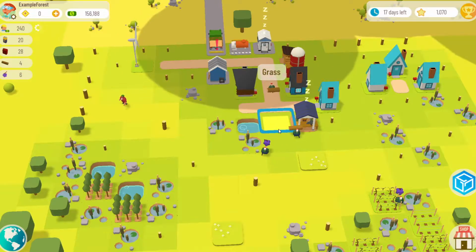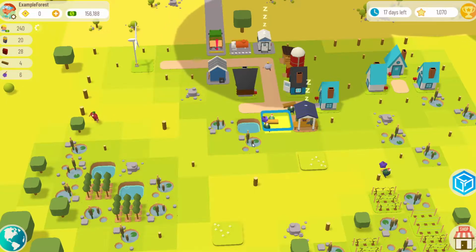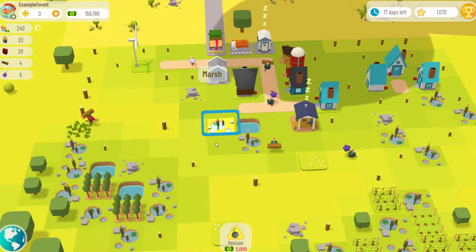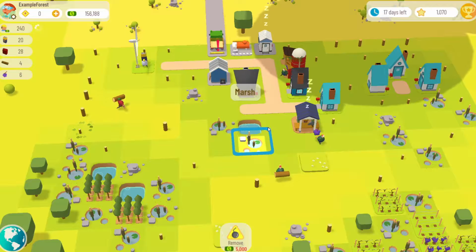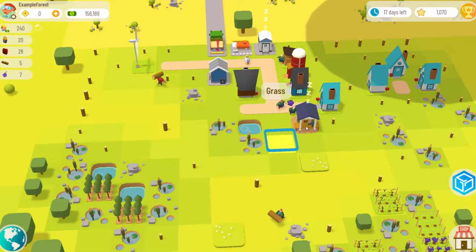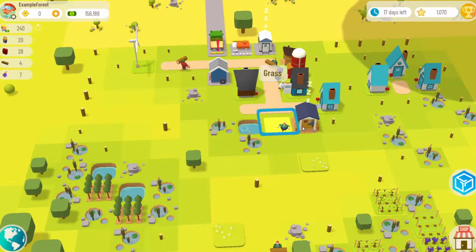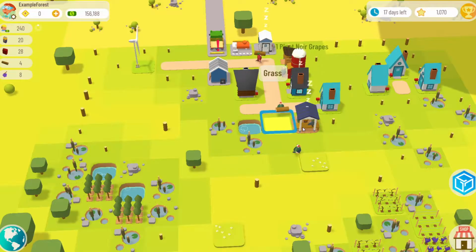So we're going to have 2 water pumps associated with the refinery for making gasoline. Then we'll have a water pump with a power plant, the refinery, a water pump, and another power plant. This will be adjacent to my sawmill, the lumber mill, and it will be adjacent to the water source and to the